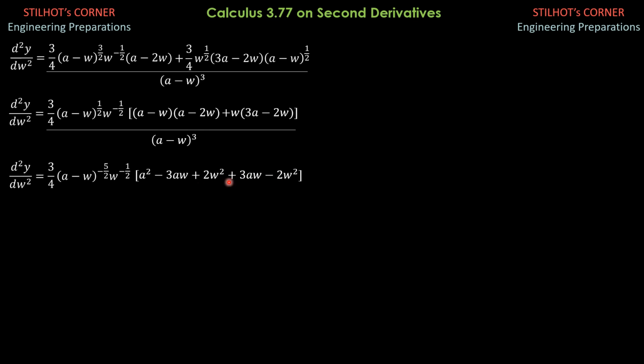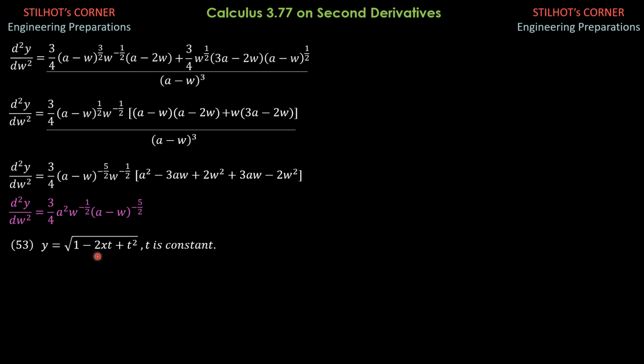So we can cancel this. So what remains here is a square, then a square only. So second derivative of y with respect to x is 3/4 of a square quantity a minus w to the negative 1/2, then a minus w to the negative 5/2. So that's it for this problem. We now proceed to problem 53.